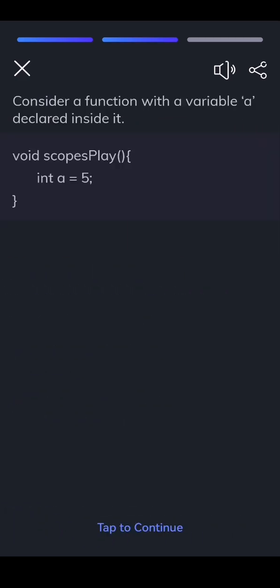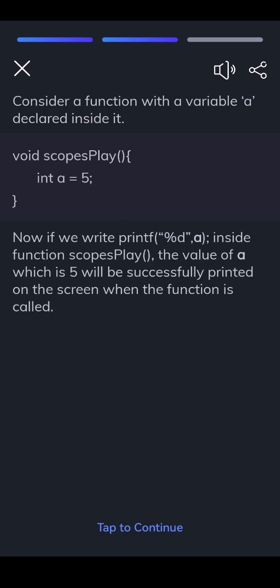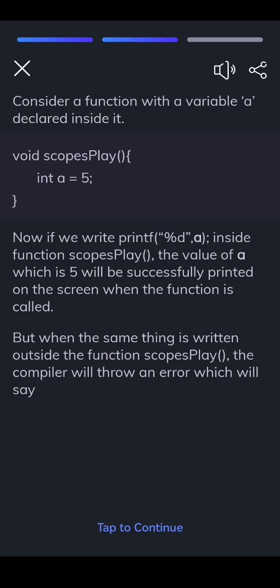Consider a function with a variable a declared inside it. Now if we write print("%d", a) inside the function scopes play, the value of a, which is 5, will be successfully printed on the screen when the function is called. But when the same thing is written outside the function scopes play, the compiler will throw an error which will say,